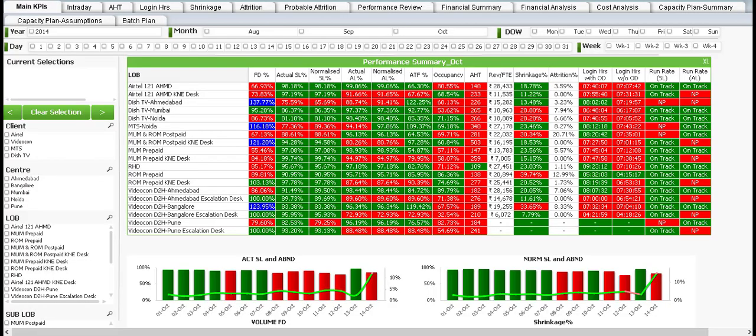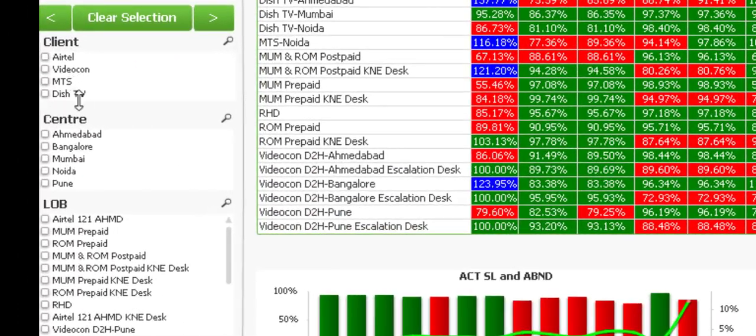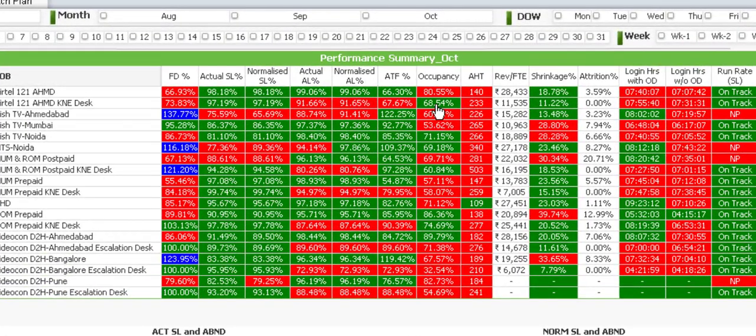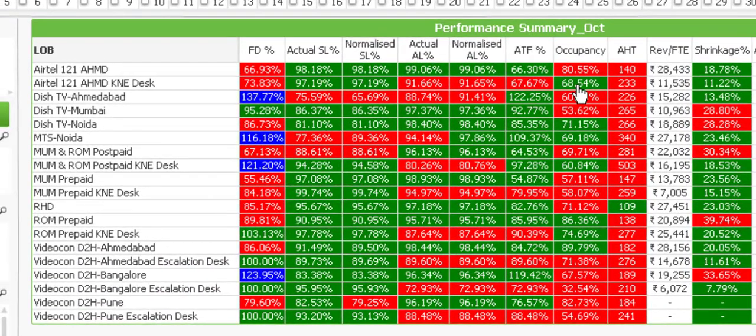Now, if you check, I have all the clients, all centers, and all LOBs that are running for these clients in various centers on the left panel of my dashboard. And in the leftover space, I have certain performance metrics right in front of me. Just at a glance, if service level is one of the major parameters that drives my P&L, I know that I have a process running out of Ahmedabad which is not performing well